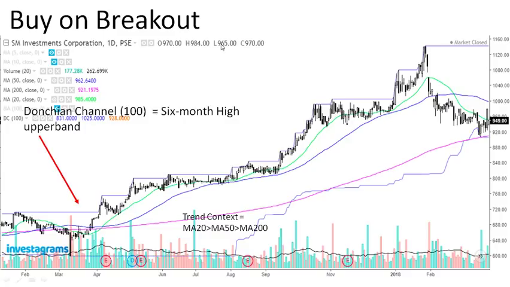So si Donchian channel, normally ang parameter nitong default niya is 20. Yeah, 20. You can actually change yung ano niya, because this is just a number of time periods. Kung nasa daily ka, this is just 100 days equals 6 months. So as you can see here, ang context niya is it's in uptrend, and then it's nearing its 6-month high here. Itong line ng Donchian na to, and then it broke